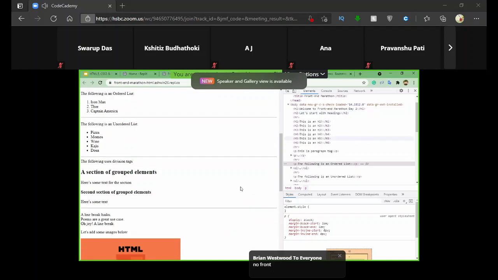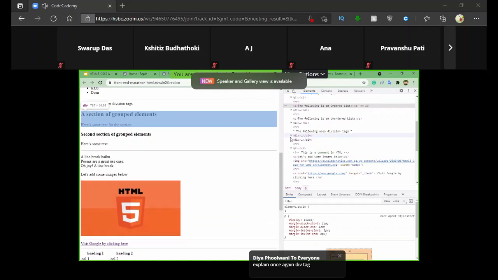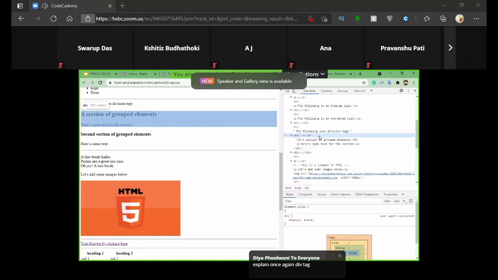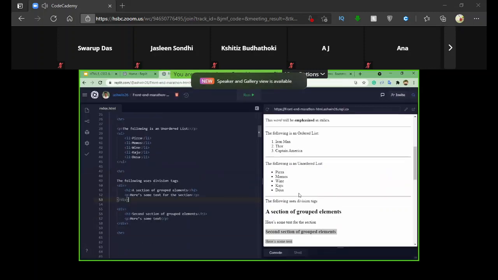This is the division tag that we have created, right? As you can see, when I choose and highlight this tag, it is grouped inside as a single container, right? This is very useful in future, where we will try to build complex code in HTML as well as CSS and JavaScript. It will be very helpful to wrap it inside one single container. That's why we use div tags. So moving on.